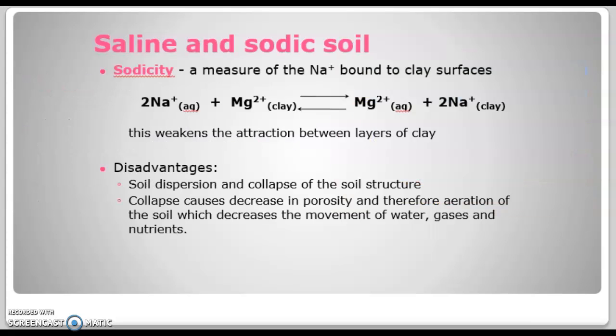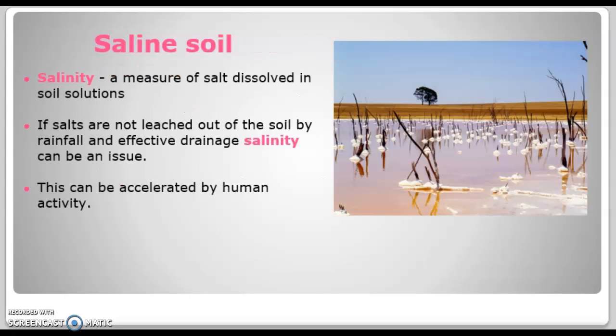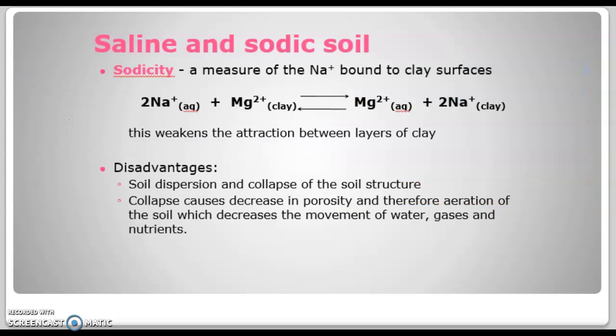So that's salinity. Salinity is the amount of sodium that is in solution, the amount of sodium dissolved in soil. The next term we need to know is sodicity, which is the measure of sodium that's bound to the clay surface. Here, if we've got a high saline content soil,